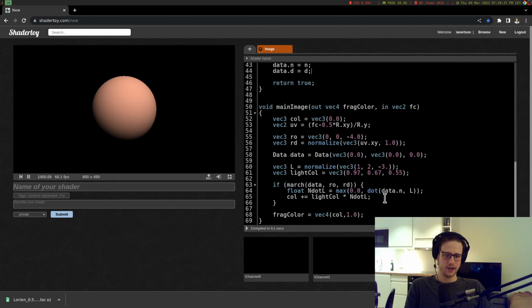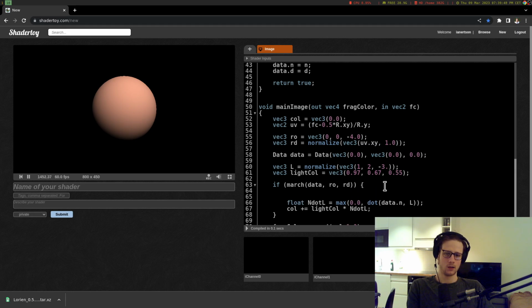So we can also define here, let's call it albedo. Albedo is the name in 3D graphics, or in graphics in general, of the base color of a material, basically. So in this case, we want to use this texture here as the diffuse color of this sphere. So I'm just going to call it albedo is equal to texture iChannel3, and I'm just going to